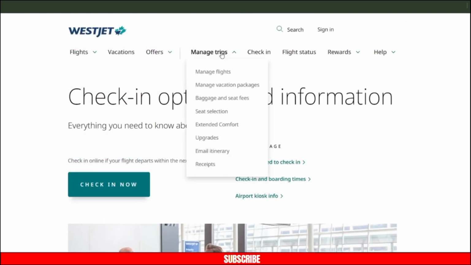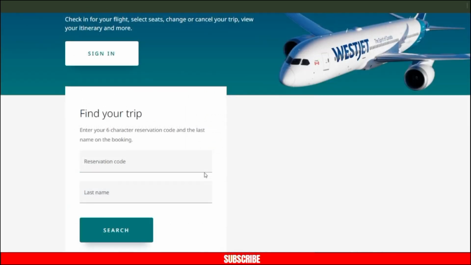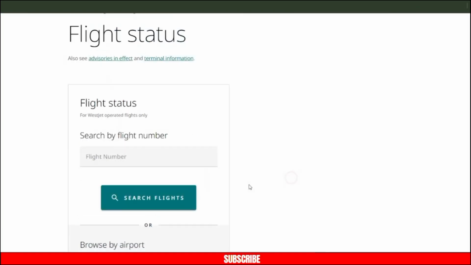Now you have another option. You can go to the manage trips option, and now you can go to the manage flights option. Now you have one important thing here. You can also reserve your seat from here. Now after doing that, you just have to enter your credentials here, and now the boarding pass will appear. Just click on the boarding pass and download it, and that's how you will be able to get your